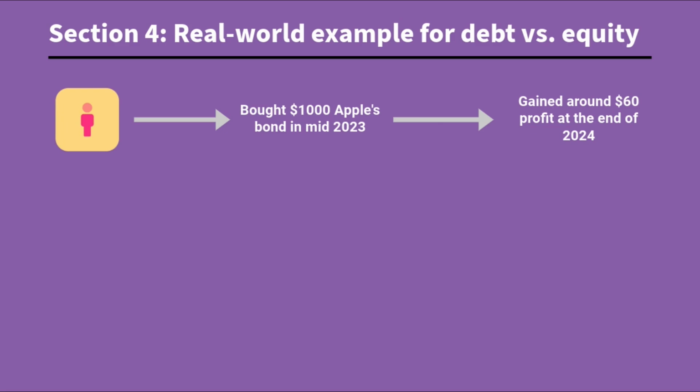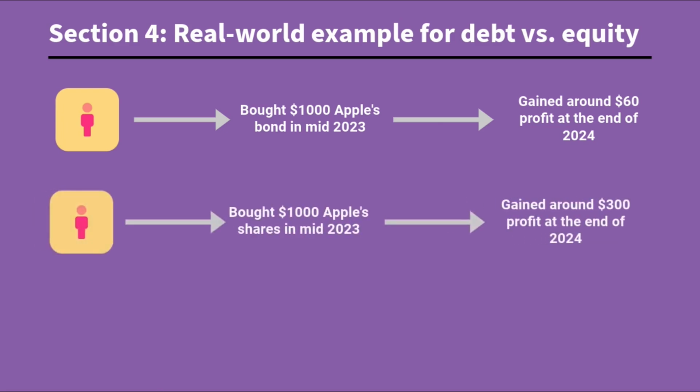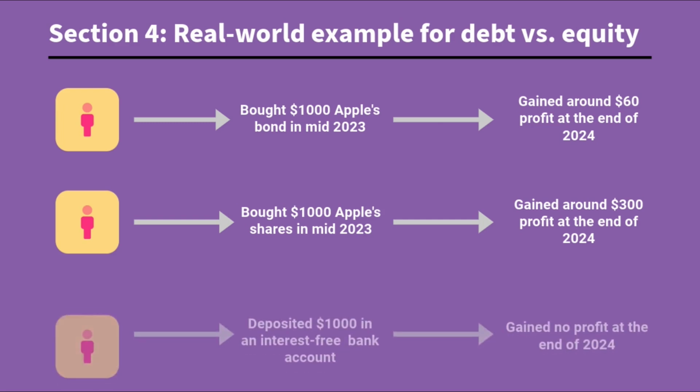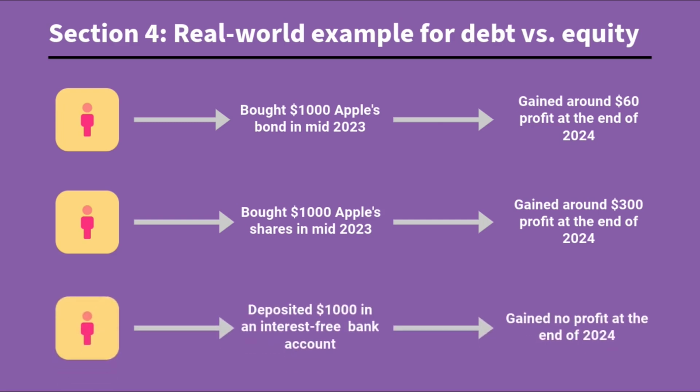At the same time, people who bought Apple stock benefited as its share price grew. If you bought Apple shares in June 2023 at $190, they're now worth around $250, which is around 30% profit. Our hypothetical person would gain $300 in this case. Also, our investor could do nothing with the extra money and deposit it in a current account. As a result, he or she would not make any profit.